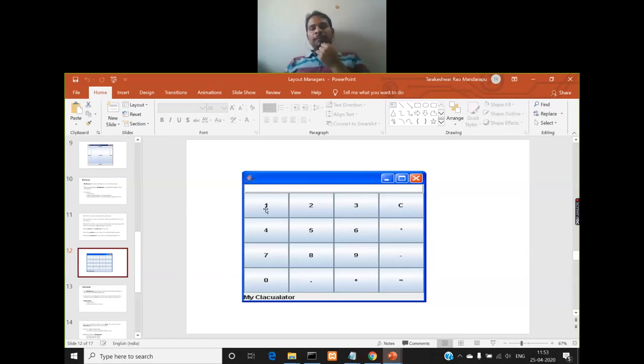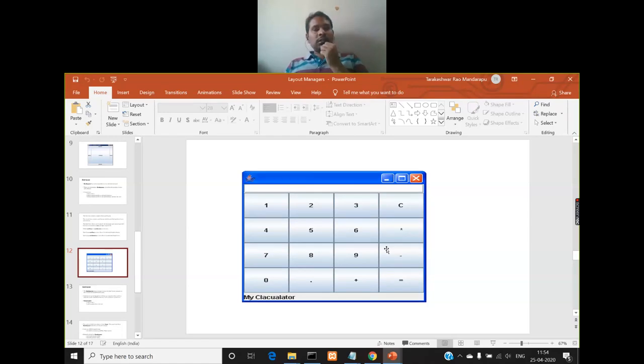So if you observe, this is one row, so it has four columns, this is the first column, this is the second column, this is the third column, and this is the fourth column. So in that way you can specify how many rows you want to create and how many columns you want to create. In each row cell you can lay one component, one AWT component.